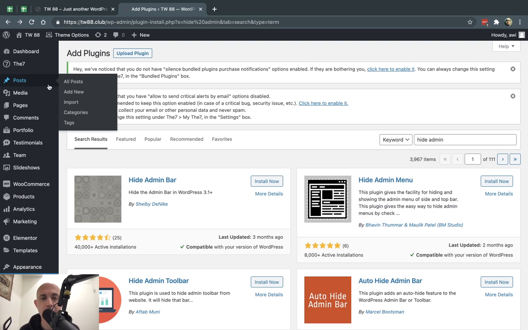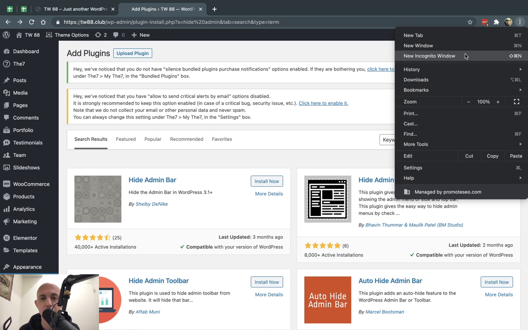And attackers and hackers try to do many things. One of the things they try to do is go to your admin login and guess all of your passwords till they find the correct one, and then they can log in and do whatever they want. So one of the simplest things you can do is hide the login. Every WordPress site has the same structure.